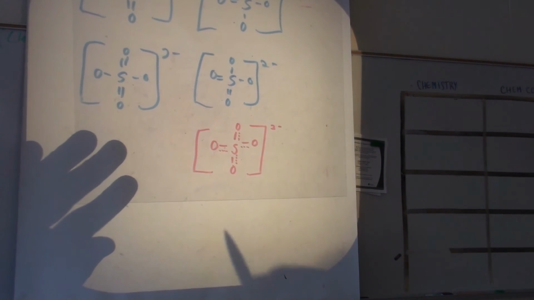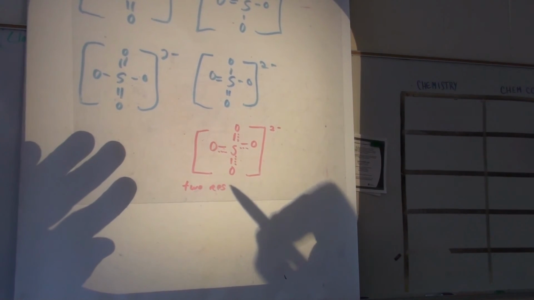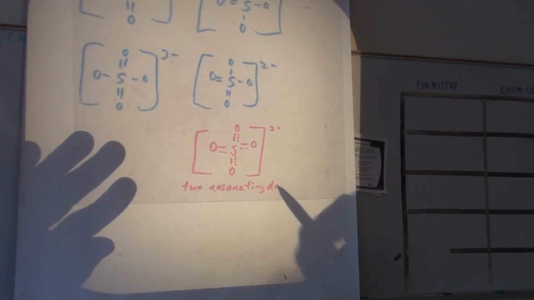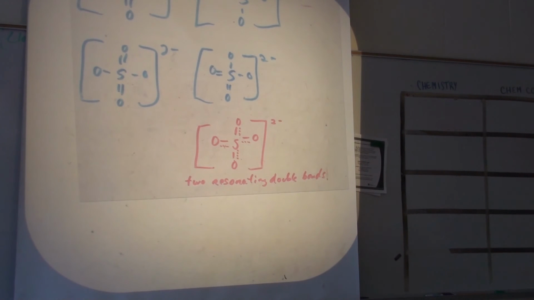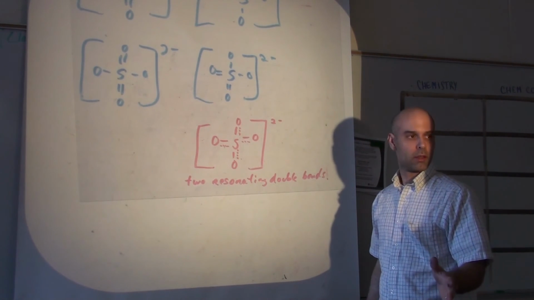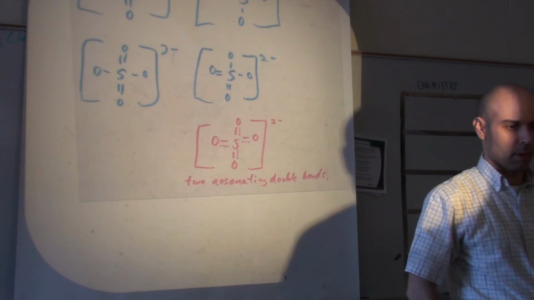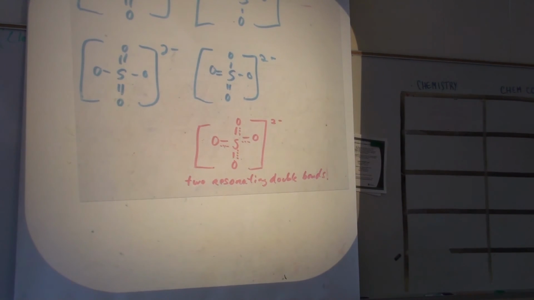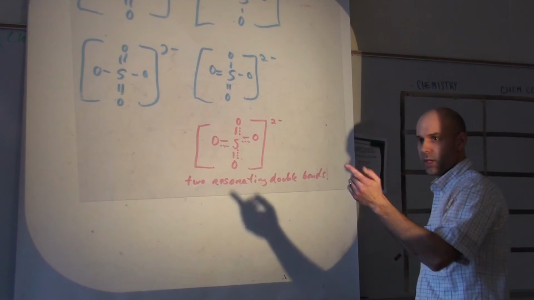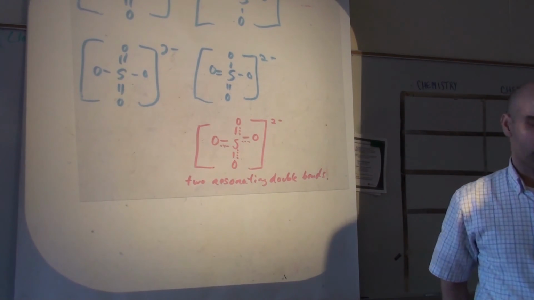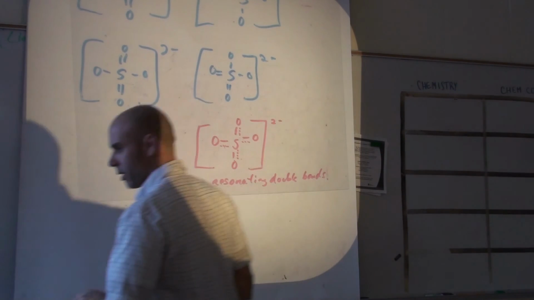Because there are 2 resonating double bonds, we have to write under there 2 resonating double bonds. If there is 1 resonating double bond, you don't have to write it. But if there are 2 resonating double bonds, you have to write down that there are 2 resonating double bonds. Because looking at the picture, there's no way of knowing if there's 1 double bond that's resonating, or if there are 2 or 3, because you can have a situation like